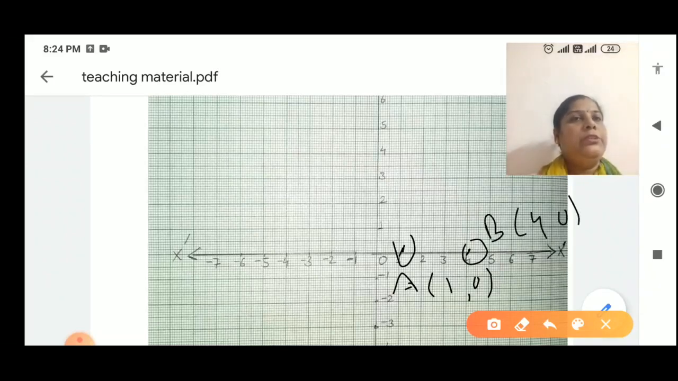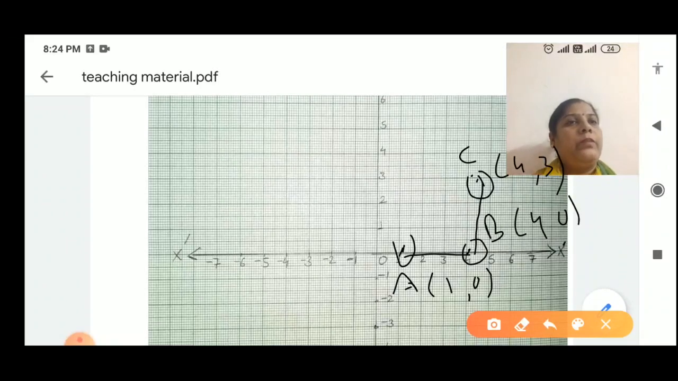Then point C is (4, 3). So positive 4 and positive 3 you will get here. This will be your point C, (4, 3). Then join these points A to B and B to C. Now we have to make a square. My line is not proper and you will draw the line with the scale. Now we have to make a square, so we will go to the left hand side